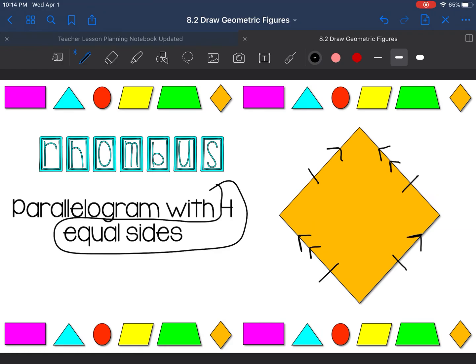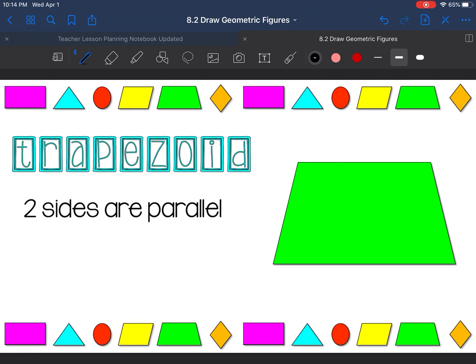All right, let's keep on moving and move on to our next shape, which is a trapezoid. In a trapezoid, two sides are parallel. If we look here, we have lines at the top and bottom, and then our two side lines. Now our two side lines are not going to be our parallel lines, because if those lines keep going, they're eventually going to intersect and kind of look like a triangle. So that means that our two sides that are parallel are our top